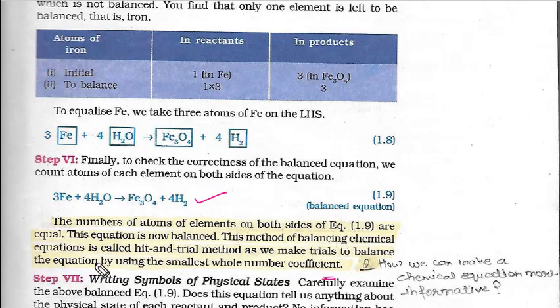This method of balancing the chemical equation is called the hit and trial method. So this method is the hit and trial method. Now why is it called hit and trial? Because we make trials to balance the equation by using the smallest whole number coefficients. Now we will proceed to the step